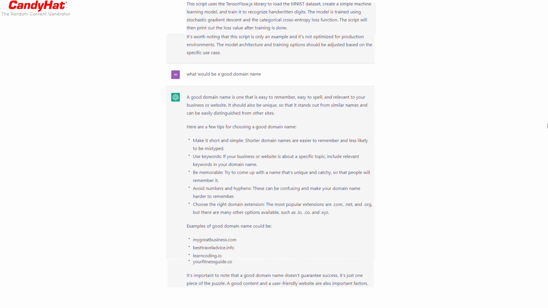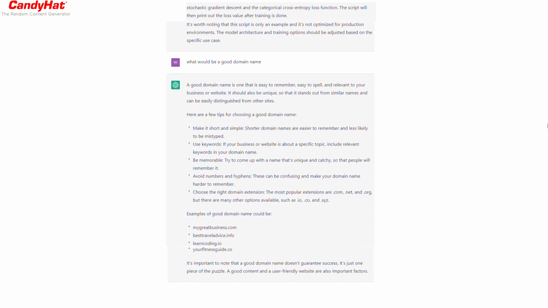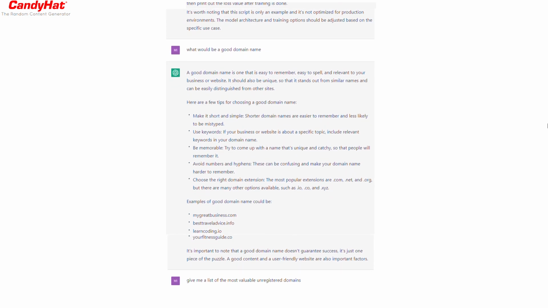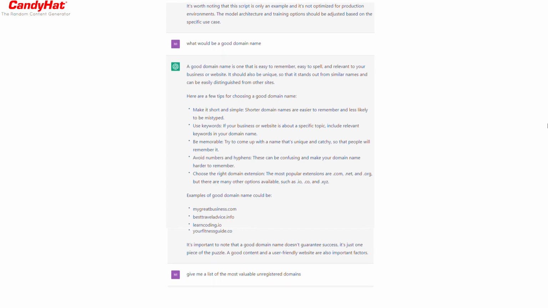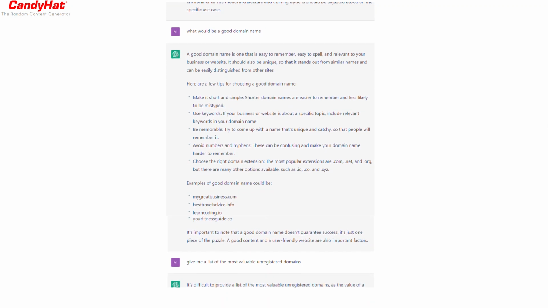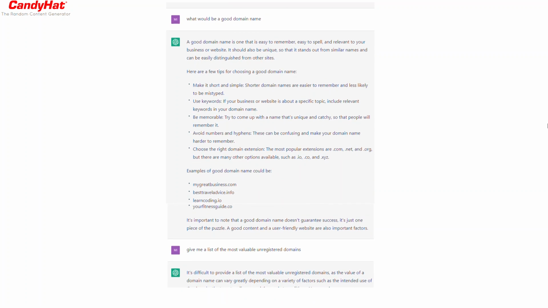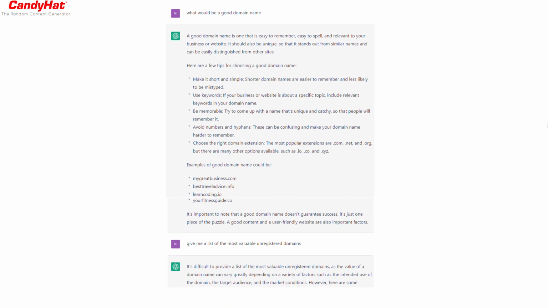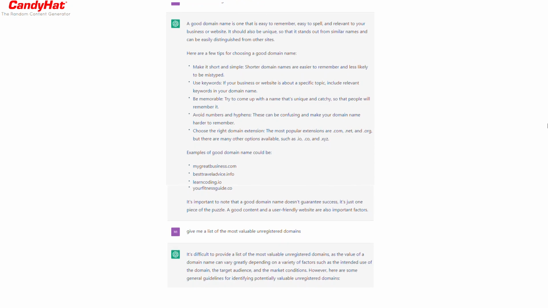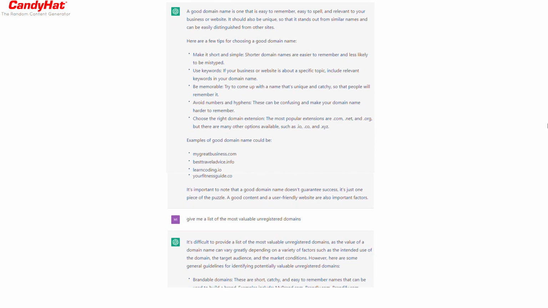Use keywords. If your business or website is about a specific topic, include relevant keywords in your domain name. Be memorable. Try to come up with a name that's unique and catchy, so that people will remember it. Avoid numbers and hyphens. These can be confusing and make your domain name harder to remember. Choose the right domain extension. The most popular extensions are .com, .net, and .org, but there are many other options available, such as .io, .co, and .xyz. Examples of good domain names could be